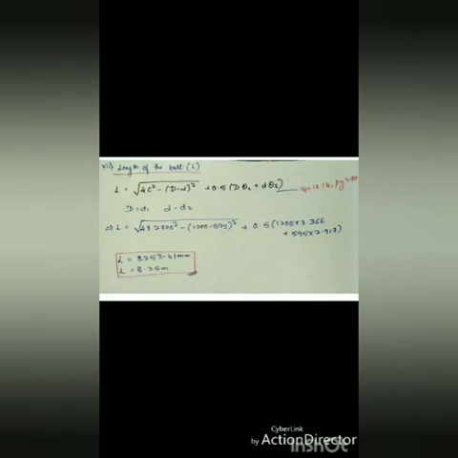Next step is to find the length of the belt, that is L. This expression is given by equation 18.14, where capital D is the diameter of the larger pulley and small d is the diameter of the smaller pulley. Theta L you know, theta S you know. So just substituting the values, you have got the length of the belt as 8253.41 mm, that is approximately 8.25 meters.